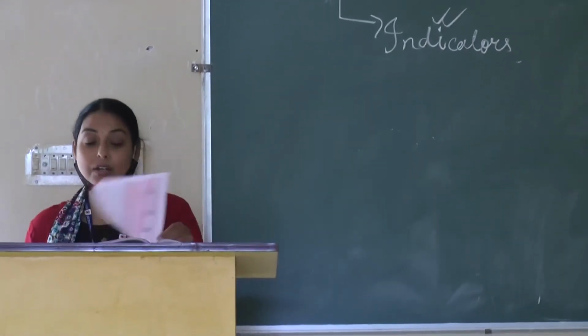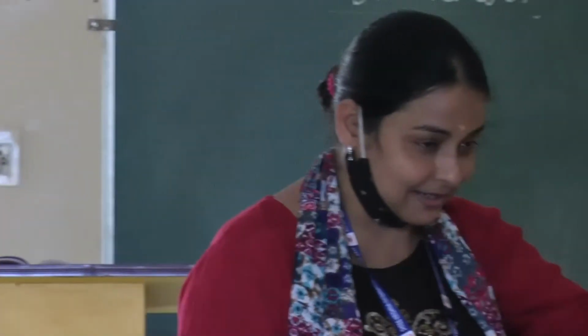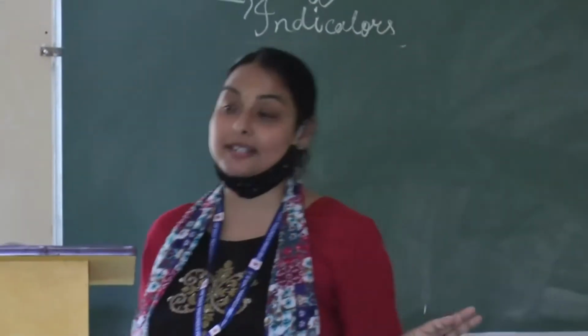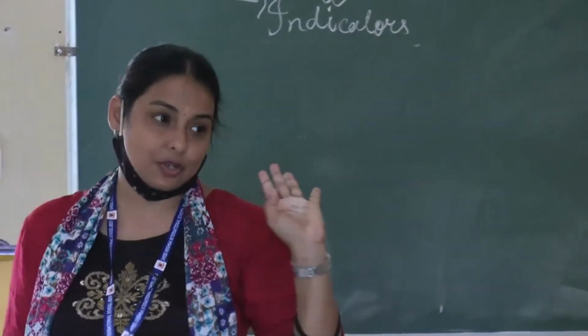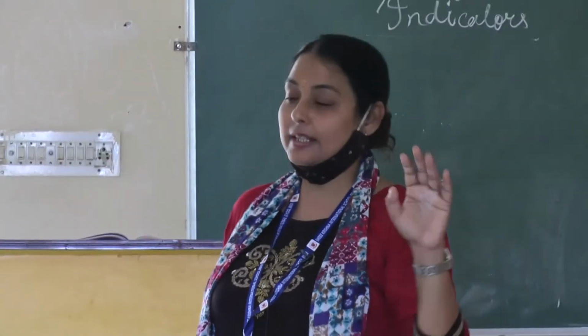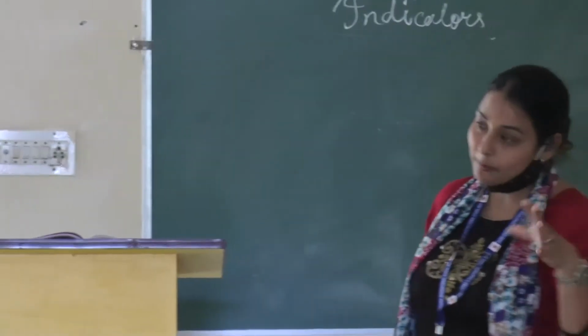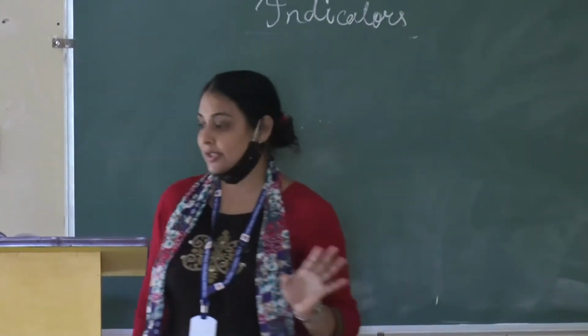Now listen. How can we identify an acid solution and a basic solution? For that, you take some acid solution in a test tube. Acids are there like HCl, acetic acid, nitric acid. These are the names of acids. I will give you later. Right now I am just giving an introduction of acid, base and salt, what changes come. Then briefly I will explain, or briefly I will give you notes.